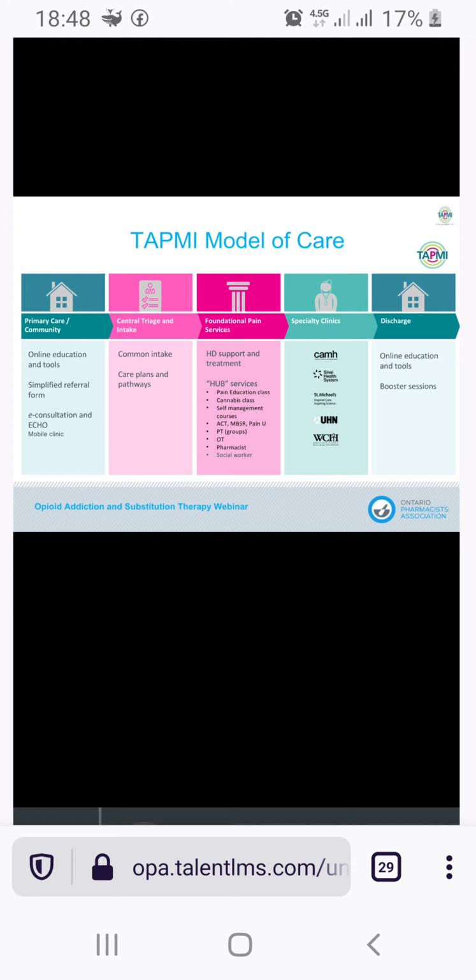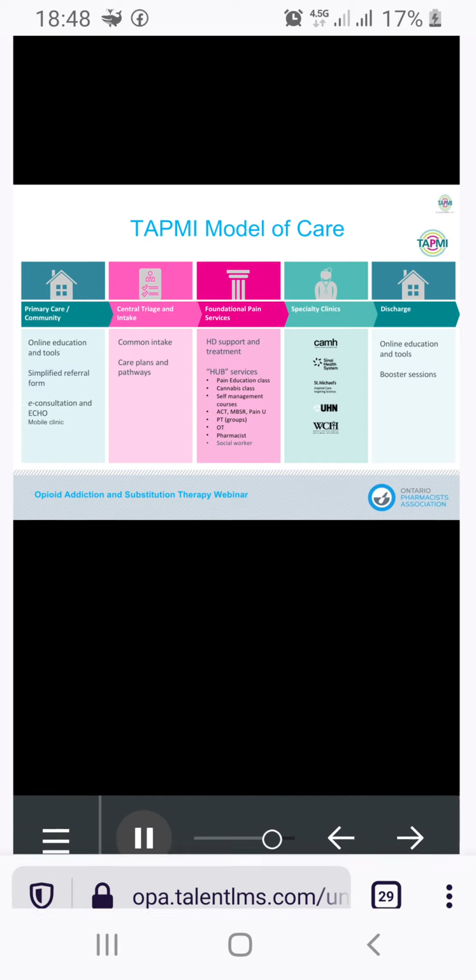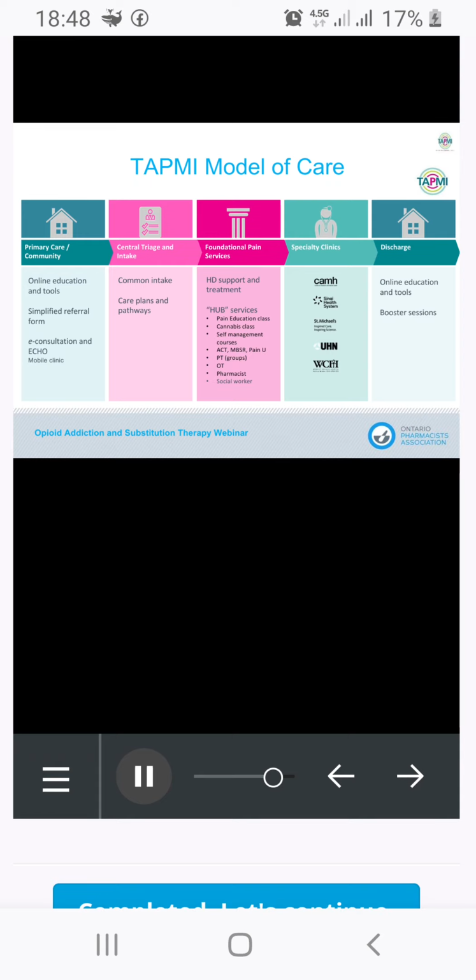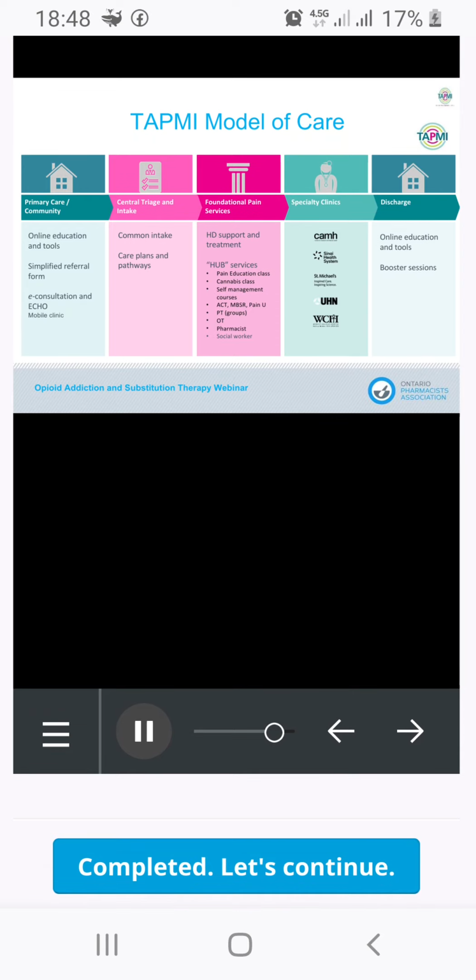So again, just reiterates our partners that I've discussed before and kind of some of the services they provide. And then finally, after they finish our hub services, seeing the specialty clinics, then they're discharged from TAPMI. So again, we're trying to really build up our online resources and education tools for GPs and patients after they leave our program, should they need further support. So they can come back to the website and continue that management of chronic pain. And there's also some talk of booster sessions where patients may come back, maybe in